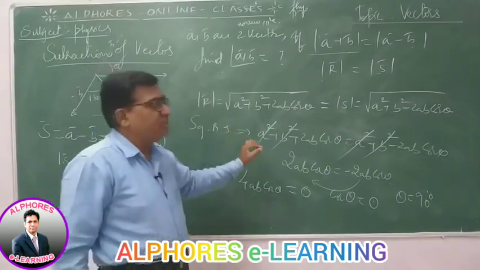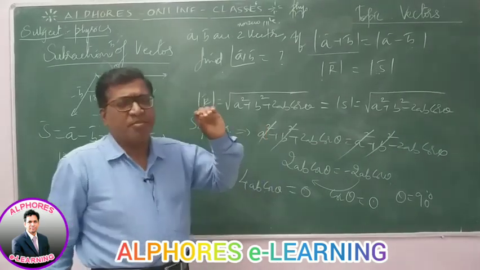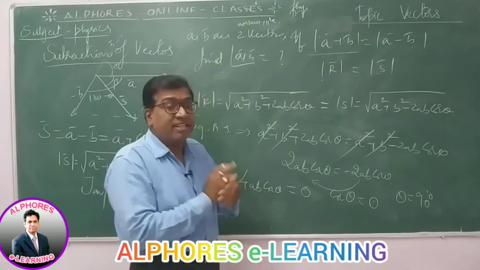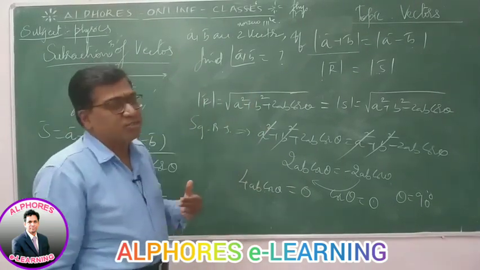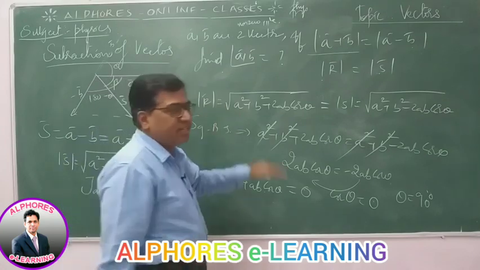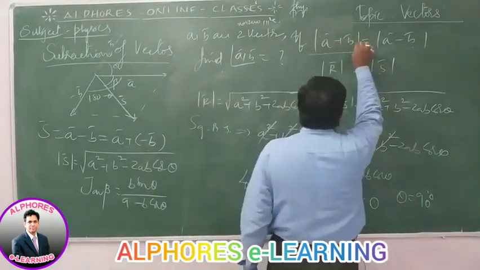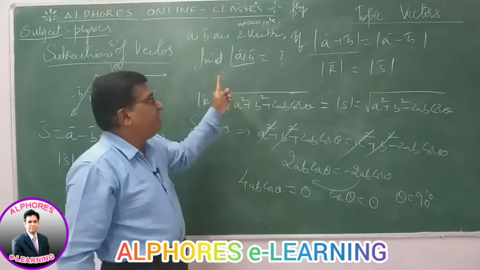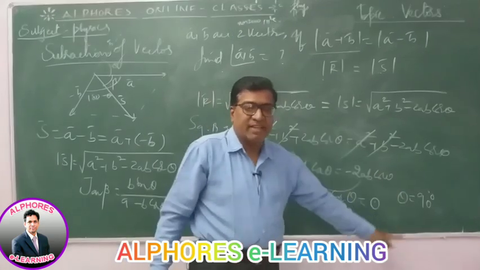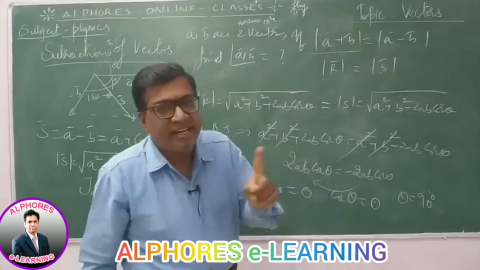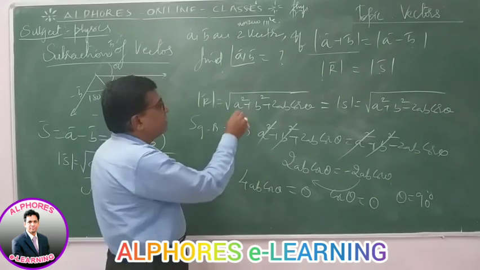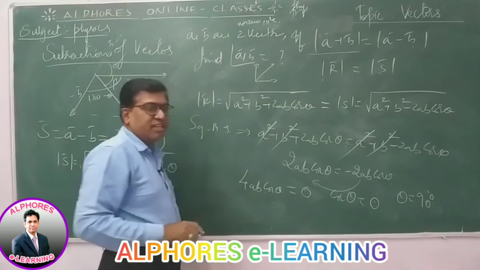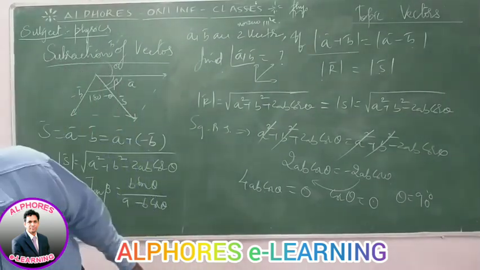A very important question, which has appeared in many entrance examinations, repeatedly. It can even come again in further exams. So please remember this very important question. If mod A bar plus B bar is equal to mod A bar minus B bar, then what do you infer? We infer that the vectors are perpendicular. It is possible only when theta is 90. So when theta is 90, perpendicular, the addition resultant and the subtraction resultant both will be of the same magnitude.